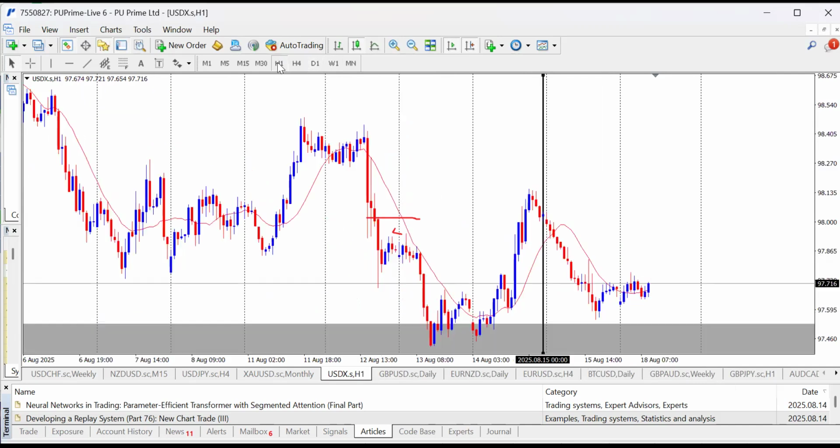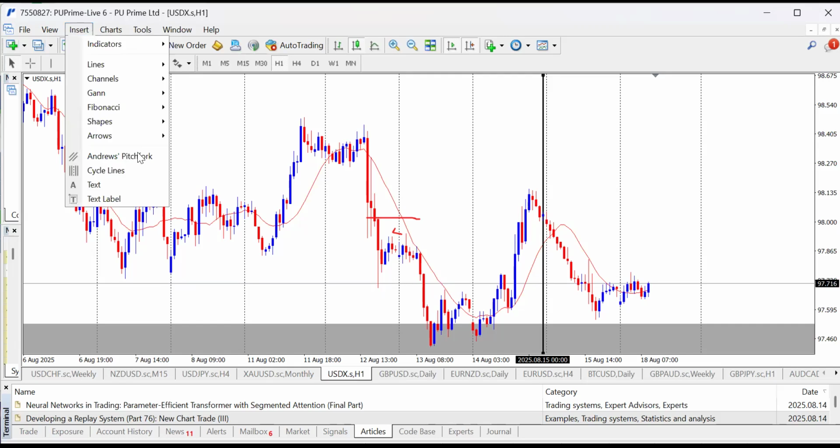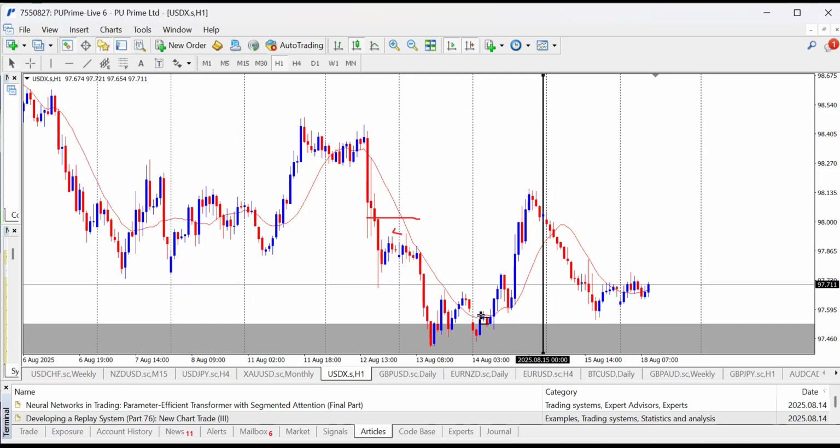So I'll go to 1 hour time frame to see if we have a break. We do not have a break, right? The market only rejected this level. The market rejected this zone, right? And hopefully we can say, yeah, we break this level. This level was broken. This high was broken here.